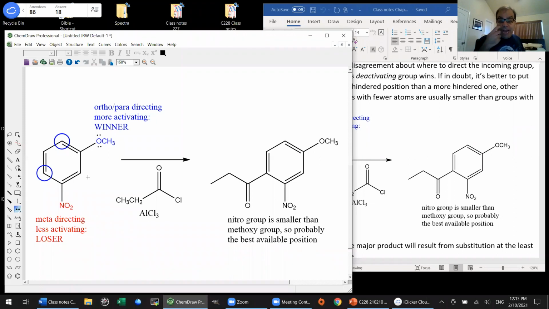And we showed that the intermediate with addition at the ortho and para positions is much more stabilized than if you added to the meta position to an electron donating group like an alkoxy group. And the other argument we made was by the structure of the starting material itself and looking at other resonance forms just of the starting material. And we saw there that lo and behold, it's the ortho and para positions that have extra electron density on them. No wonder that's where